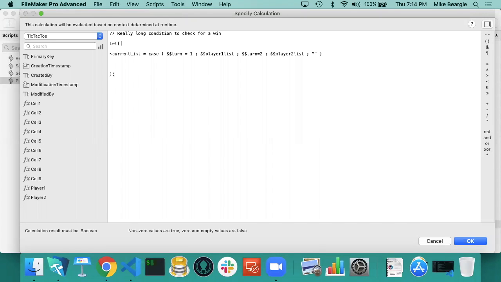And then later on down the line, when we're exiting this, we want to exit with whether the current list is a winner or not. So we can check if is empty current list. That's a 0 right there. And then we'll close those two functions off. We'll close our case statement off and we'll close our let function there. So we could just do a really long case statement here